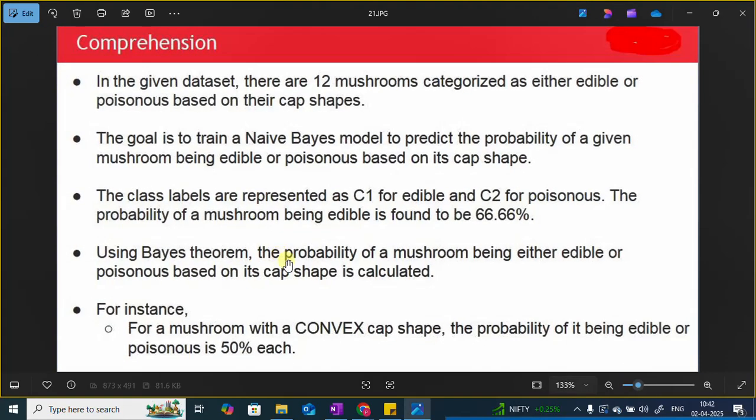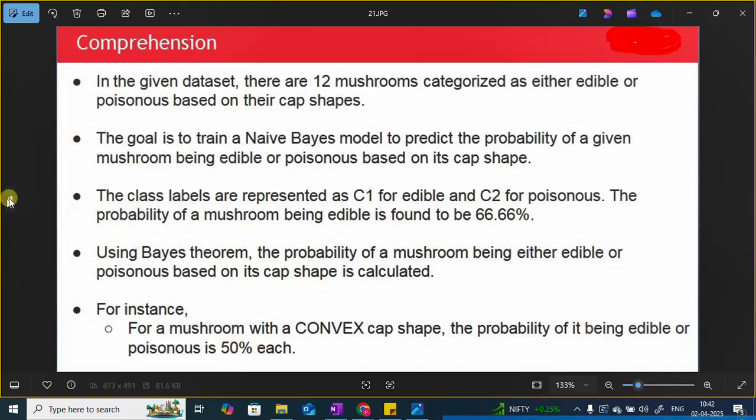Using Bayes theorem, the probability of a mushroom being either edible or poisonous based on its cap shape is also calculated. For instance, for a mushroom with a convex cap shape, the probability of it being edible or poisonous is 50%